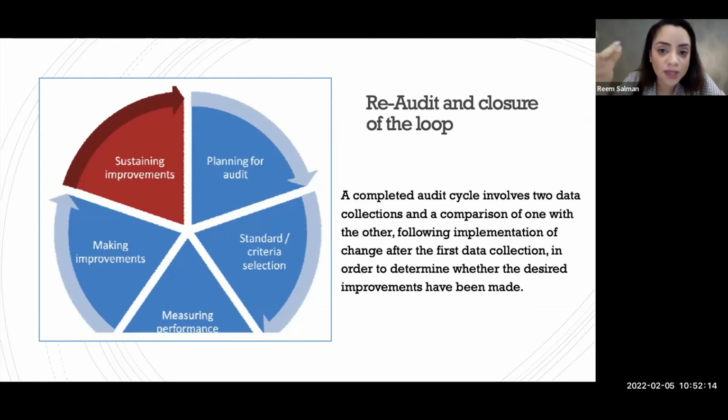You can audit again in 4 months' time, again in 6 months' time. And when you're happy that the standard is met, let's say you've done a cycle and then it's 100% now, okay, then you can actually prolong the re-audit period. You can say, I'm going to re-audit in a year, because obviously the clinical team seems to know what they're doing. So it's basically a waste of time to just keep on re-auditing every few months, because there's no concern. So you can just make sure that there is sustainable, good clinical practice by auditing in a wider or a longer period of time, okay?